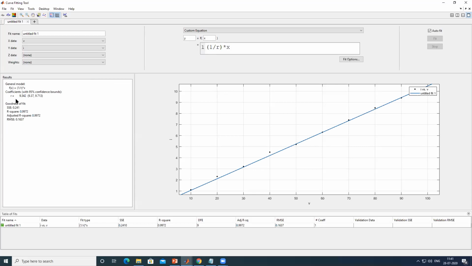Now I can easily find the value of the resistance in that system with 95% confidence in that result. The overall accuracy of this model is 99.72%. R square and adjusted R square give you an accuracy result.